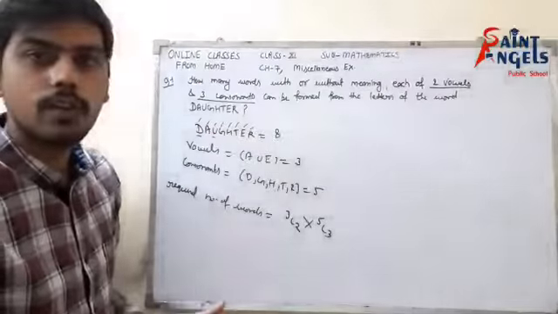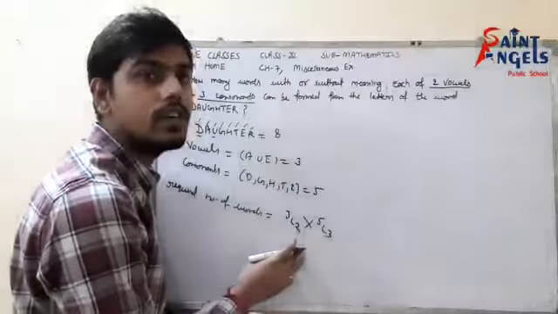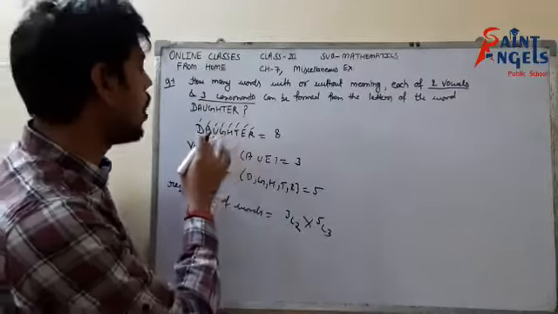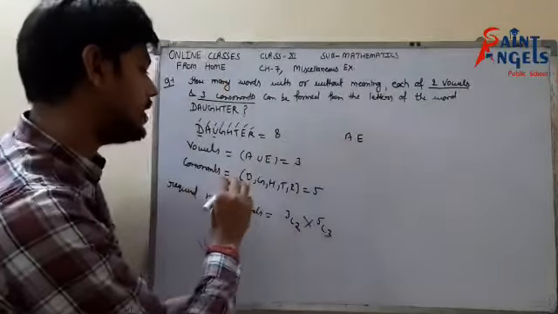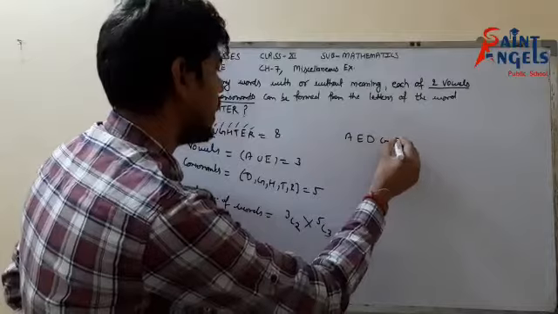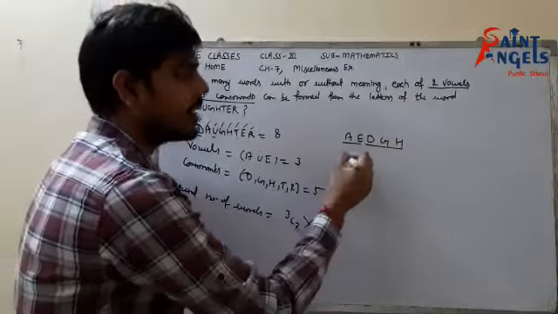But is it correct? No. Because right now we have just selected. Now consider I have made a word choosing two vowels. Suppose I have chosen A and E, and then three consonants, pick any, D, G and H. Okay, so this is a word. That's how I can make another word.